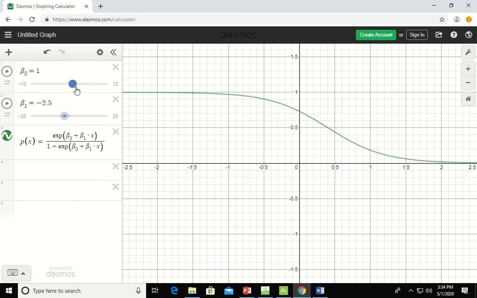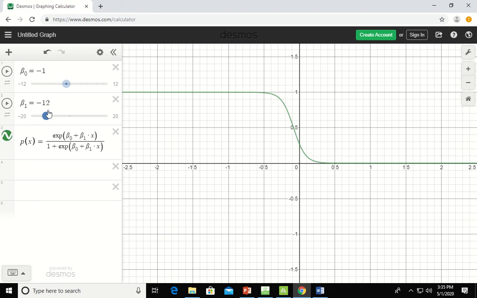Remember that beta naught tells us where it's crossing the x-axis and the horizontal location. If you take a look at where it crosses 0.5, it moves it across and shifts it to the right a little bit. Beta 1 tells us the direction and steepness. The higher it is